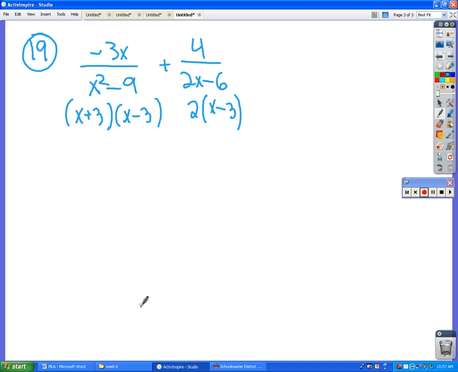Okay. So what does this denominator over here have that this one does not? It has a 2. So I need to put a 2 there, and I need to put a 2 there. Okay? What does this denominator over here have that this one does not? X plus 3. So I need to put an x plus 3 on top as well. Okay? So now we have